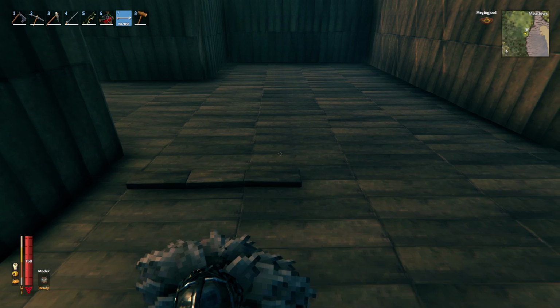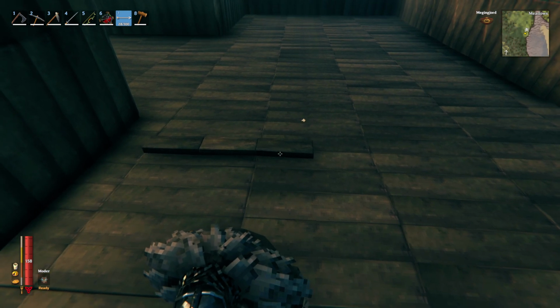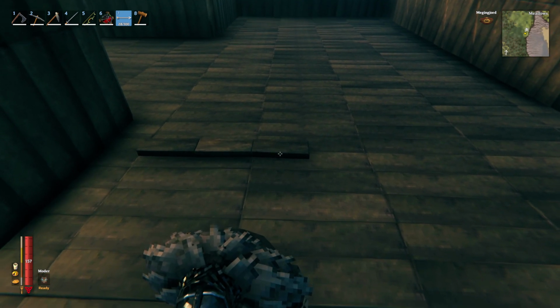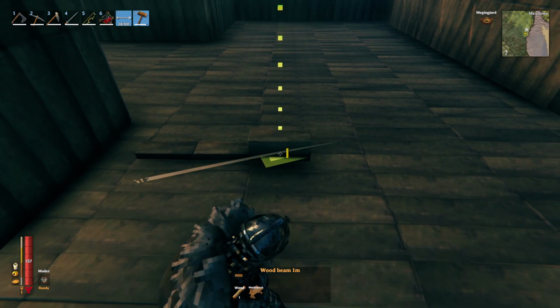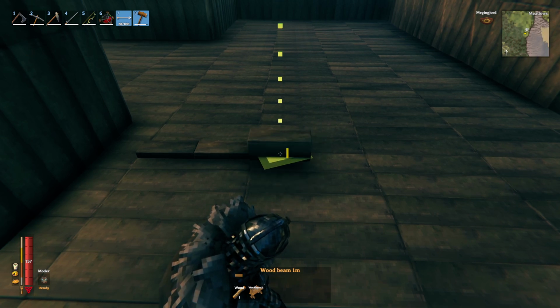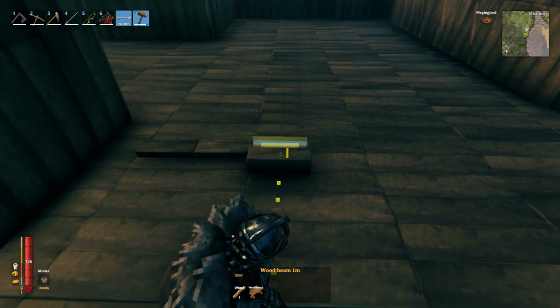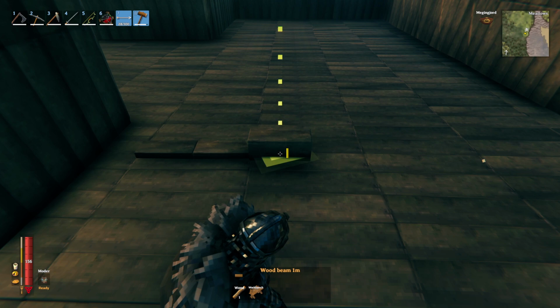So the second step, excuse the pun, is going to be placing another wooden beam just behind, connecting to this side, not the top, and you want to put your cursor just on the corner there, so when you move it up and down it flicks between connecting to the top or the side. You want to make sure that it's on the side, not the top, and you want it just so it clips down,